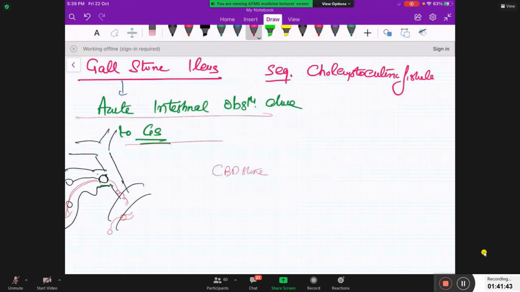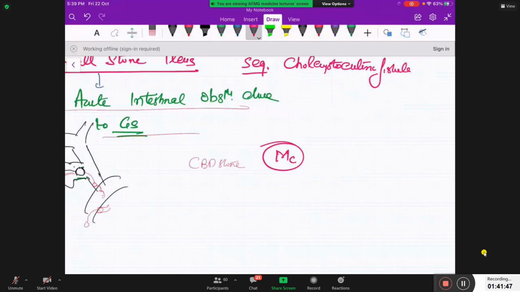right? And the most common site, a very commonly asked question, the most common site where the stone blocks the lumen of the intestine, checked in exams again, is the terminal ileum. The most common site of impaction of gallstone in gallstone ileus is the terminal ileum,